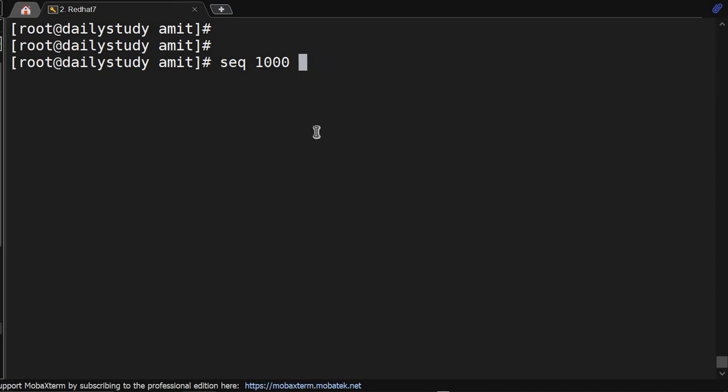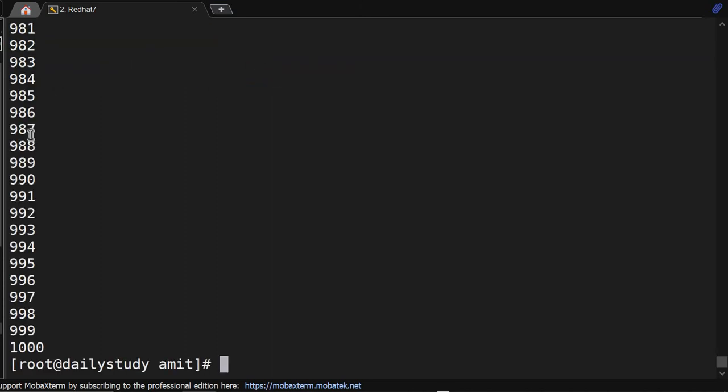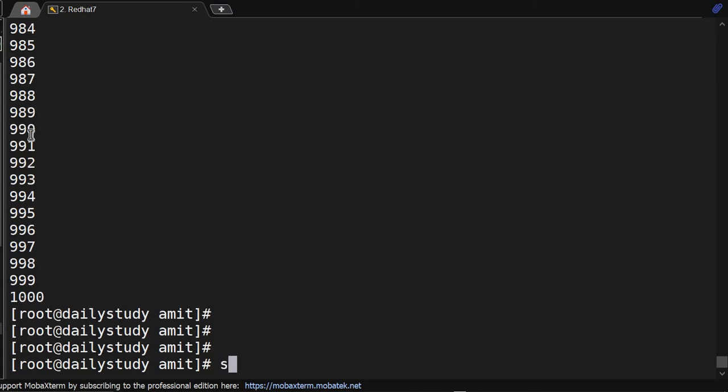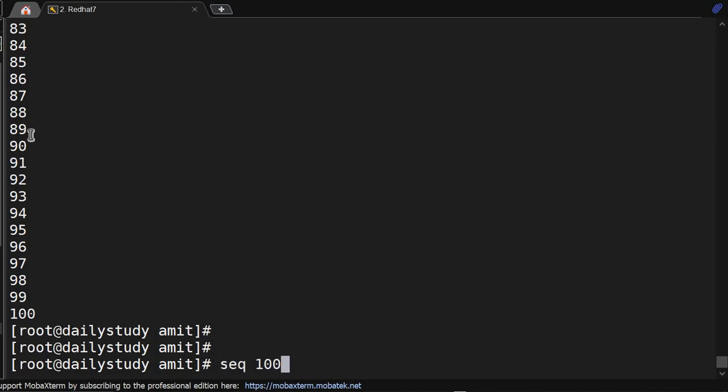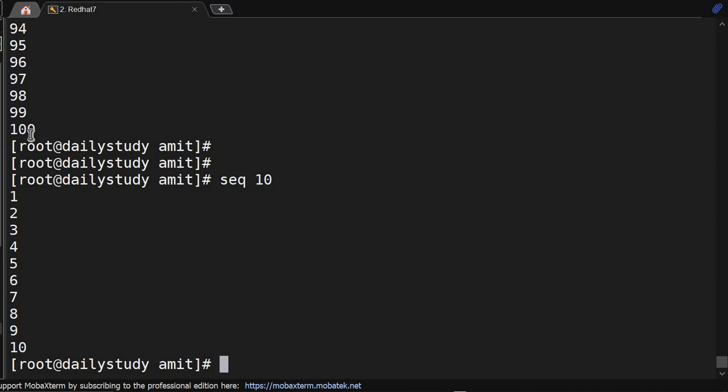Okay, the output of this command can be saved in a file like test. So if you do cat test, you'll get 1000 lines entered here. But if you want to print 100 lines, it will print. So if you do seq 10, it will enter 10 lines, okay,